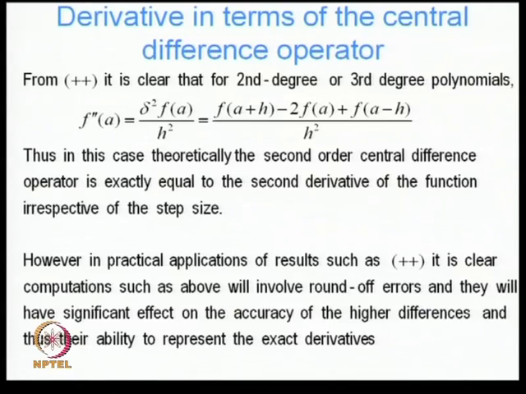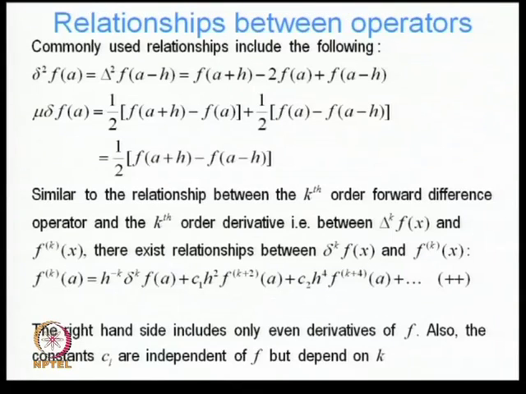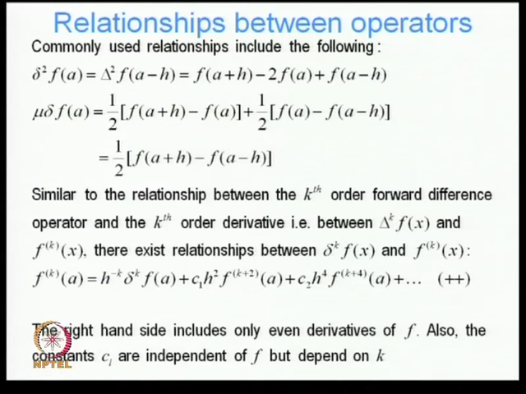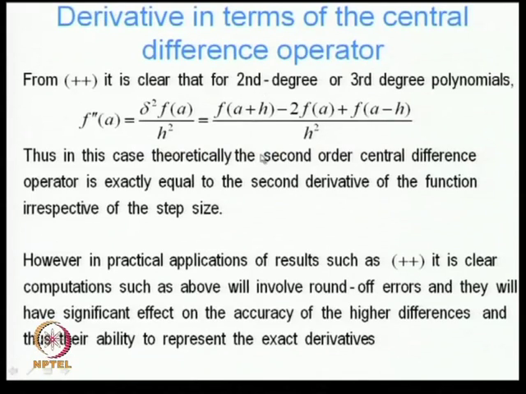So, from this previous expression it is also clear that for second or third order polynomials, the derivative approximation that I get using the central difference operator is going to be exactly equal to the actual derivative. Why? Because these terms f k plus 2, f k plus 4 are going to be 0. So, it is clear that for second degree or third degree polynomials, f double prime of a is equal